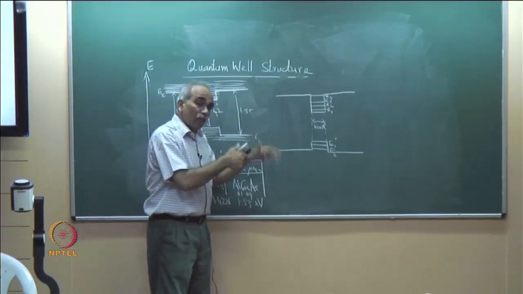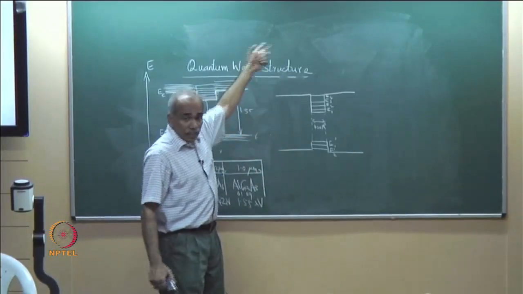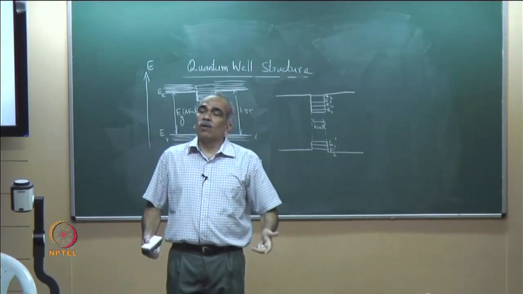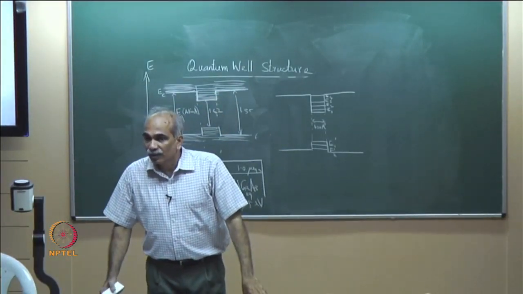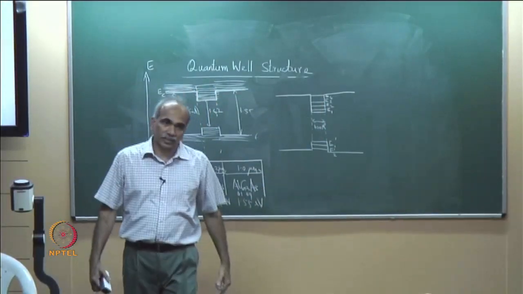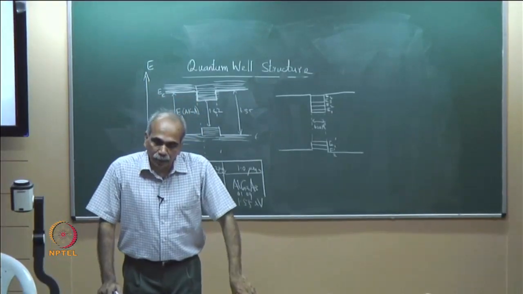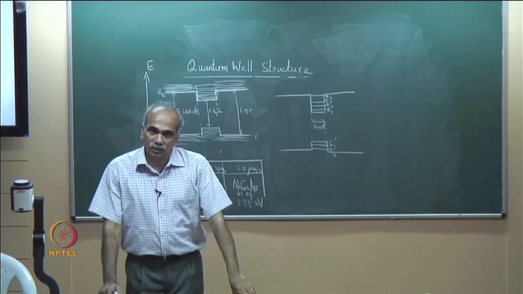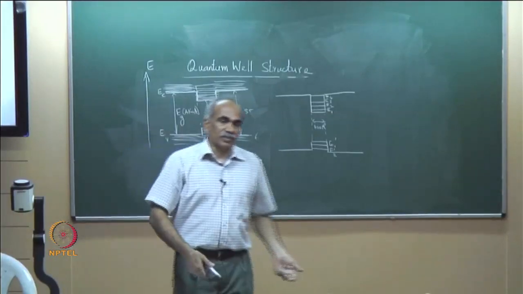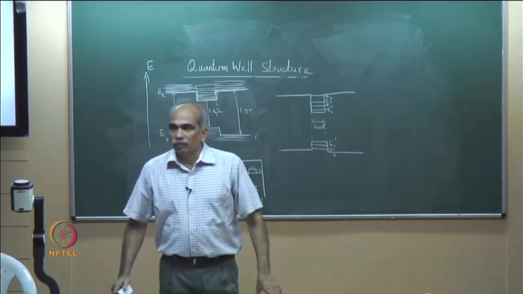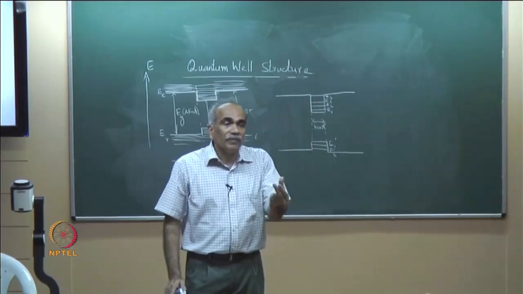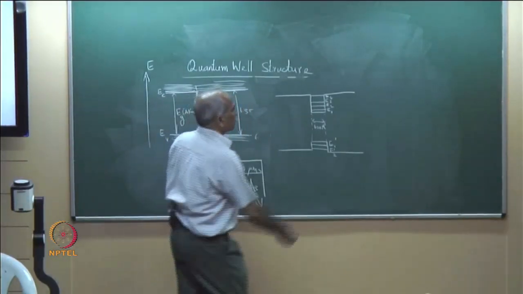Why did I bring it here? Because we saw that in the case of strained layer epitaxy, the thicknesses of the layers which were required were of the order of 50 to 250 angstroms, and that indeed corresponds to the thicknesses of quantum well structures. Hence the title, strained layer epitaxy and quantum well structures. In fact, there are many devices which are called strained layer quantum well devices, because strained layer epitaxy works out well without any defects only when the dimensions become very small. So, if you plot, for example,